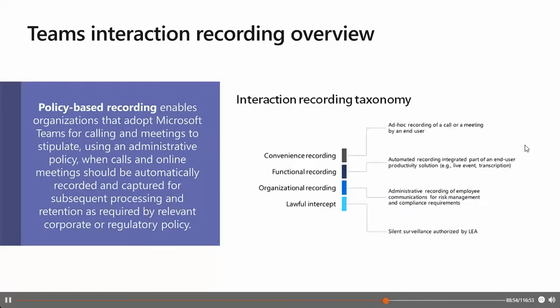The next functionality is about Teams interaction with a recording overview. So Teams has been enhanced to support integration of third-party recording solutions. This includes the platform functionality, user experience, and the administrative interfaces that are needed to provide an end-to-end solution for configuring, managing, recording, storing, and analyzing Teams communications.